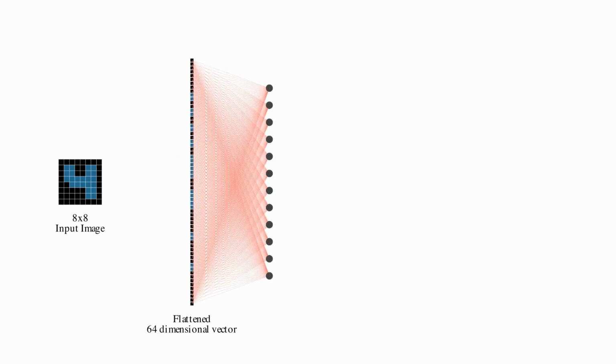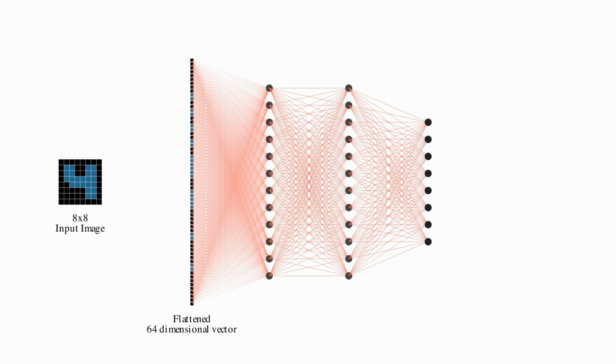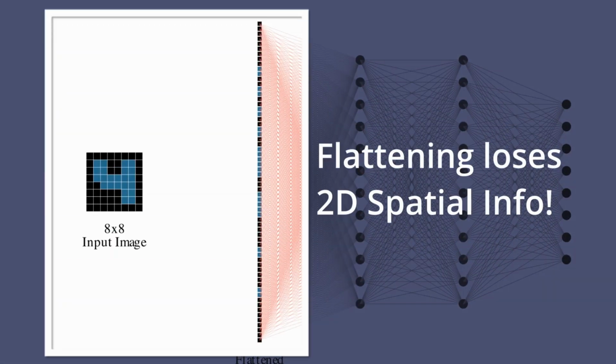Back in the day, if you wanted to train a neural network to classify any image, you would have to flatten it into a list of pixel values and then pass it through a feed-forward neural network. The problem with this approach is that by flattening the image, we are discarding the essential 2D spatial information that's